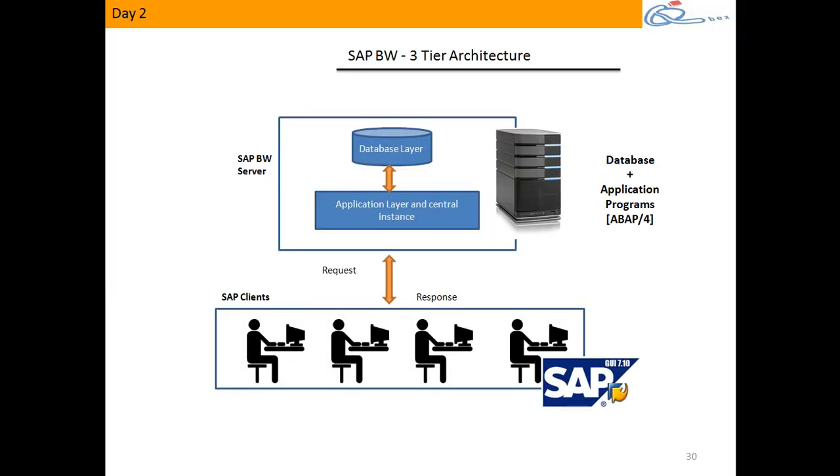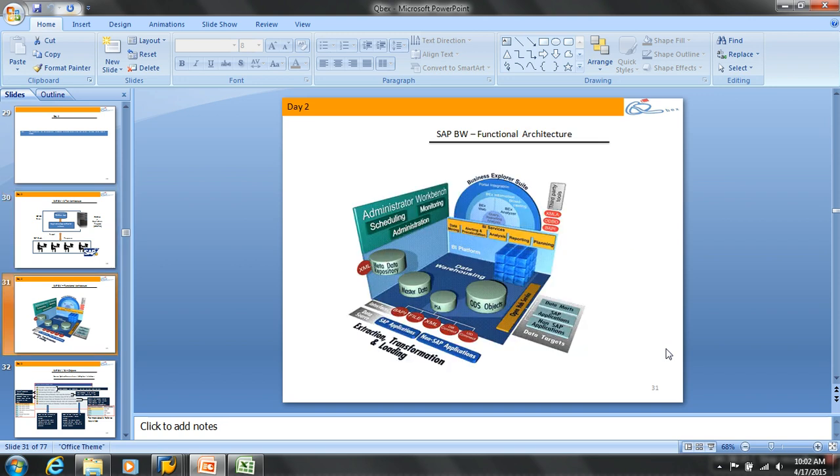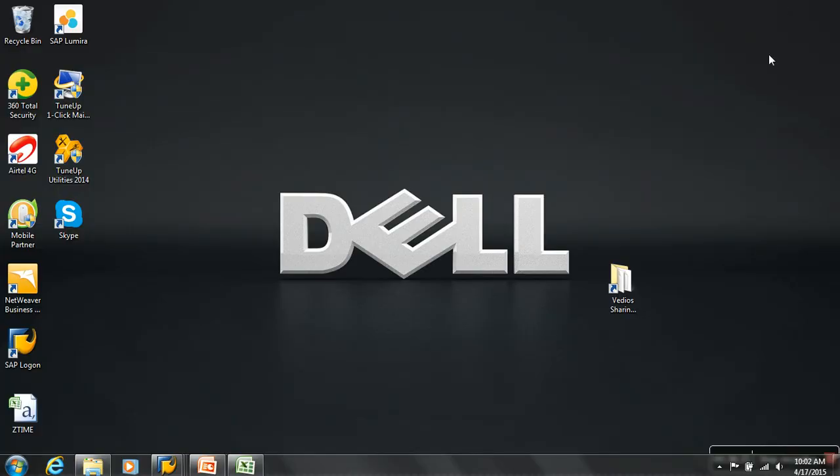Shall we continue some more time, or we'll stop it. So tomorrow we'll get into this architecture, and then slowly we'll get into the functional architecture, understanding what different objects we have in BW, what the purpose of each object is, and how we leverage it. Okay, was that fine? Fine. And see, the class will be only on working days. So tomorrow there's no class, it will be on Monday again. Fine, thanks.